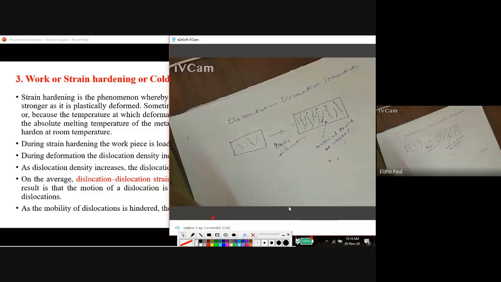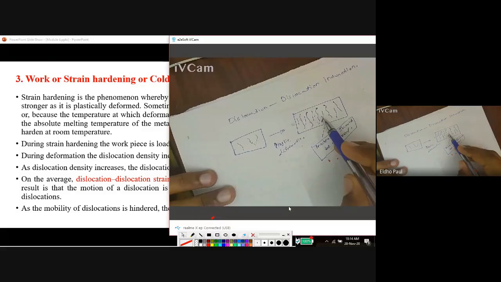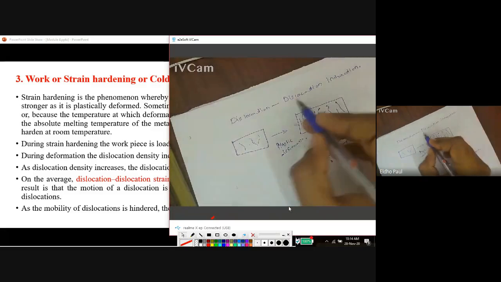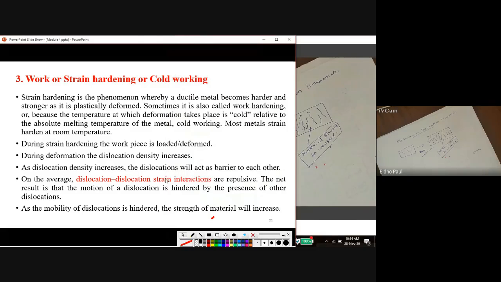The question is how this material becomes stronger. Here we can say the material should be weaker, but experimentally we prove that deformed material is stronger. The reason for the strength of the deformed material by strain hardening is called dislocation interaction. So what is dislocation interaction? The mobility of the dislocation,